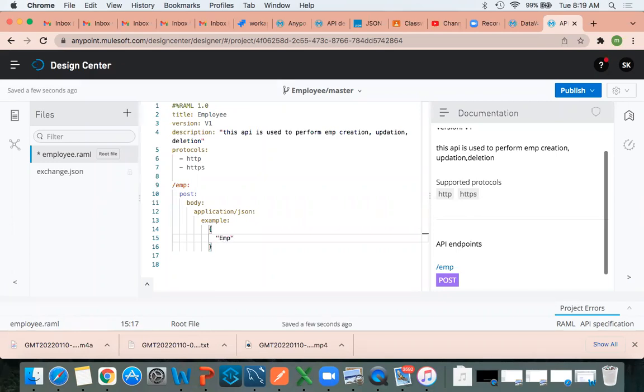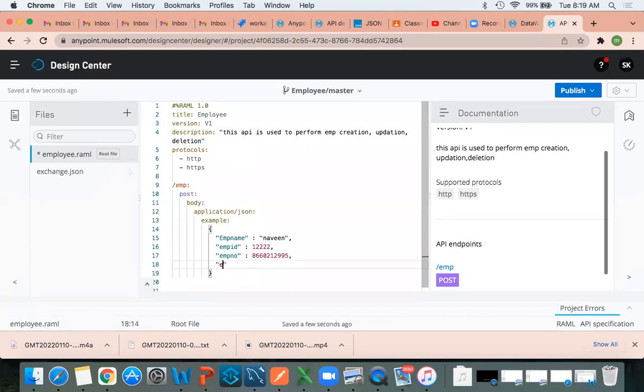So here I am writing emp name. Let me write something called Navin. Next, emp ID. ID will be a number. Like this I can write. Next, emp number, so let me write the mobile number. Next, comma.